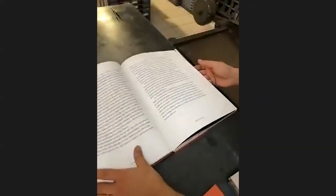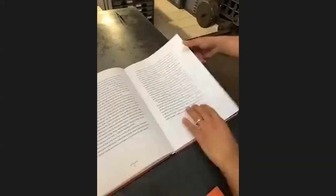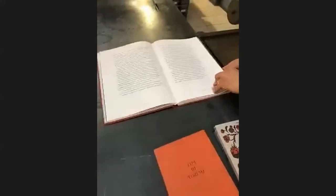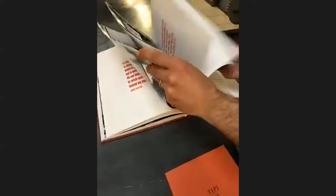So all the texts are done in letterpress, of course with plates, not with movable types, because we don't have so many typefaces to produce a whole book. Also because it's an English text. Our drawers are based on the Italian language, so we don't have a lot of H's, X's, W's, and this kind of stuff. And also because when you collaborate with this kind of commercial publisher, we can say they have very